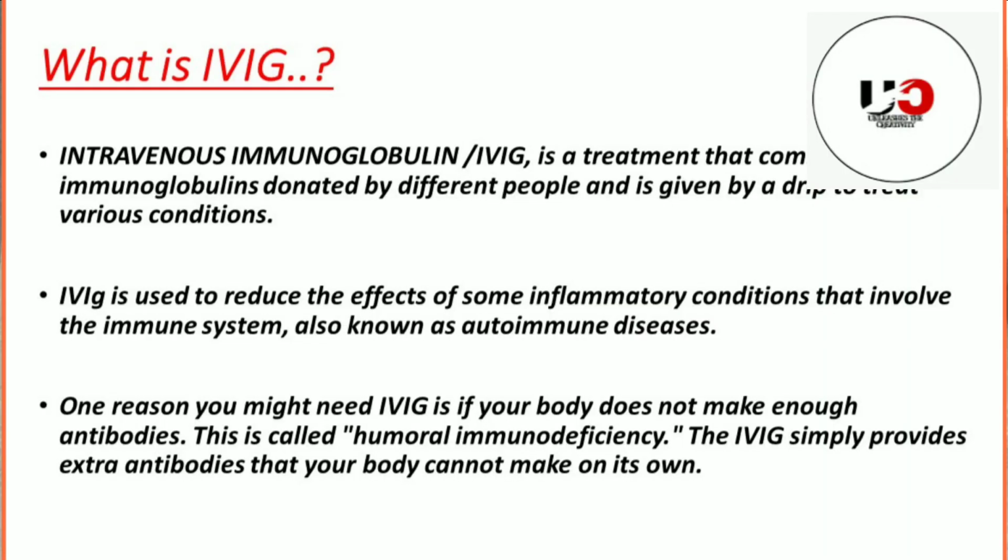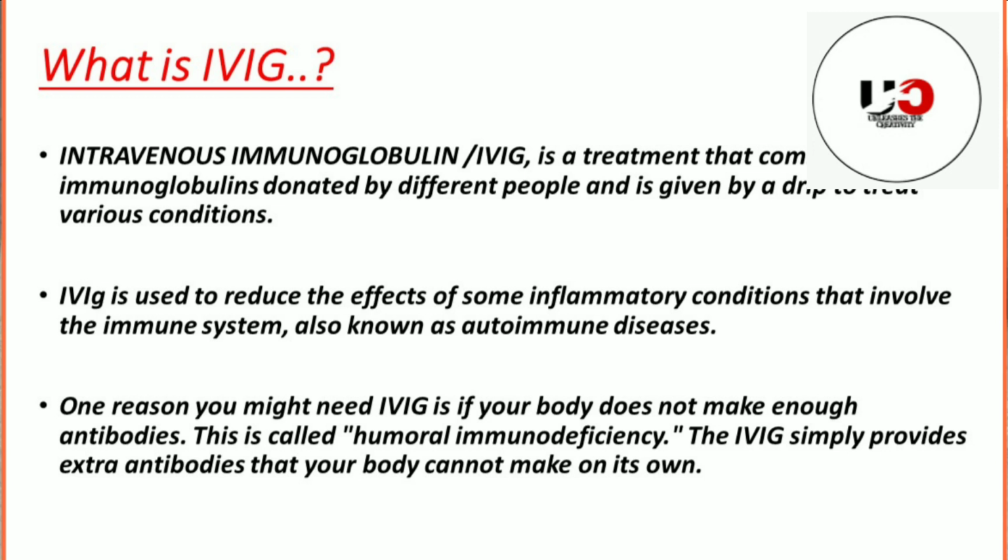This immunoglobulin is derived from a pool of blood collected from around 1000 to 1500 donors. One point we keep in mind is that these donors are healthy and screened for many diseases. After ensuring they are healthy, we collect blood, take the antibodies, and purify them in such a way as to provide an intravenous drip to treat many inflammatory conditions.